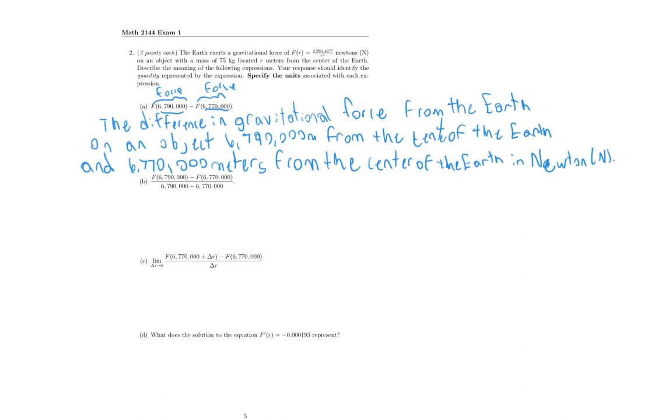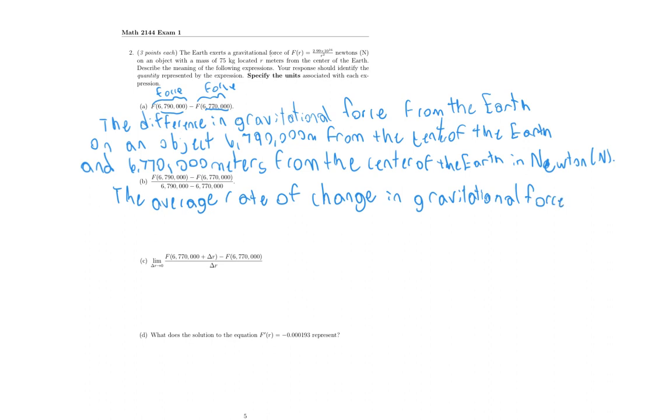So I'll say that this is the average rate of change in gravitational force. And I'll say for our units, this top thing is the difference of forces, so those are newtons, and the bottom ones are meters. So in newtons per meter,